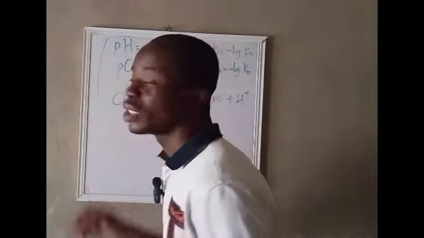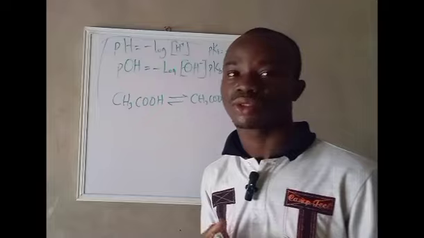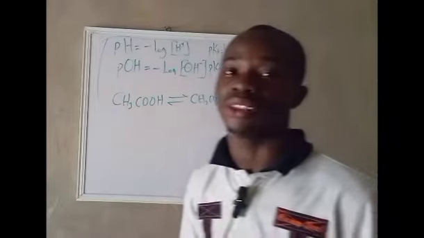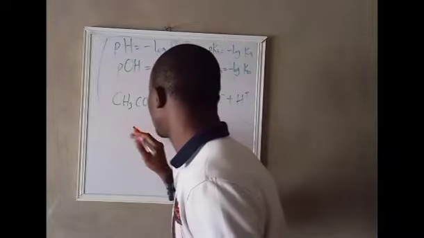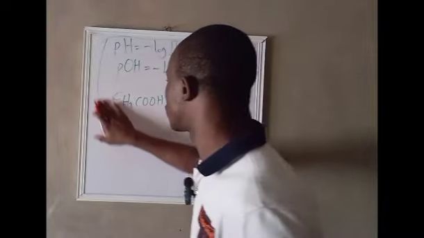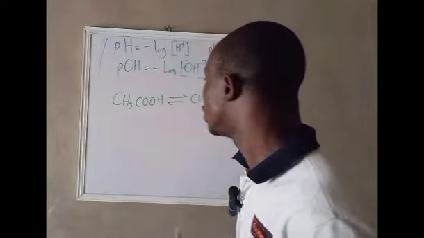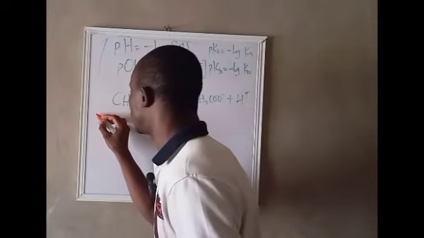So let's say that they gave you a solution that is 0.1 molar and they said determine the pH. So what you need to do is a kind of stoichiometry analysis, in a way whereby you can say that